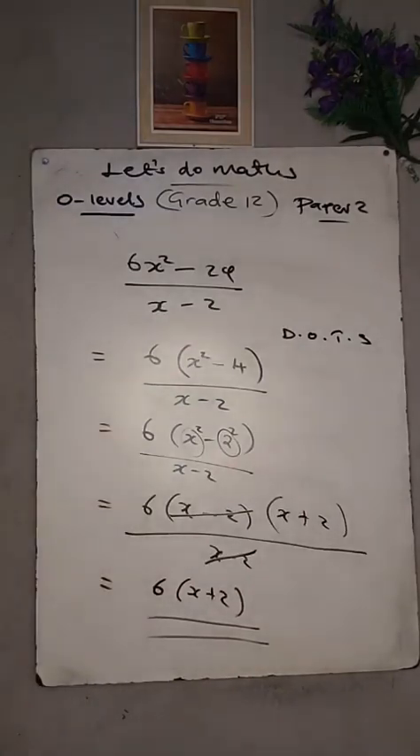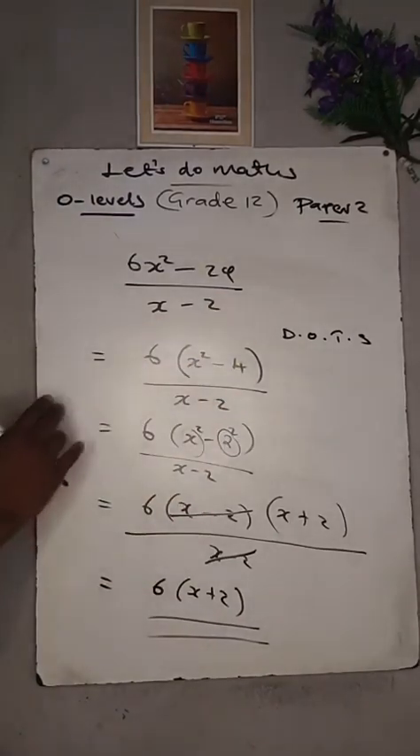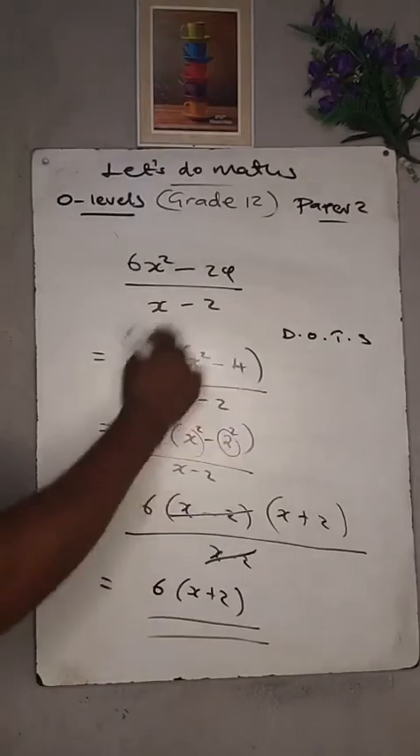That's how you simplify your work. Okay? That's how you simplify your work. You first factorize the common factor, then after that you factorize it further by difference of